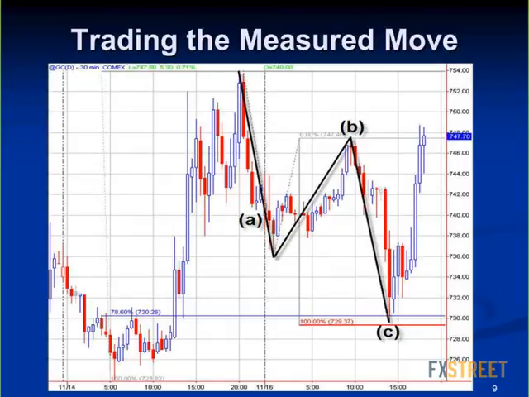Now, we won't just look at the bigger pattern, because the bigger pattern, I don't know if anyone can identify this pattern. The overall pattern shows that C came down to this level where price action spent a little bit of time. Each one of these candles is 30 minutes. So any offers on what this overall pattern actually is? Any suggestions?